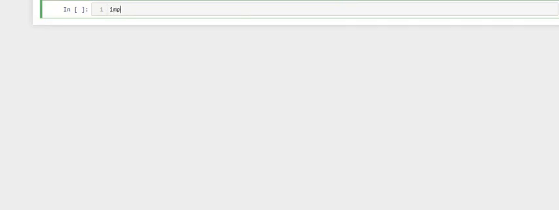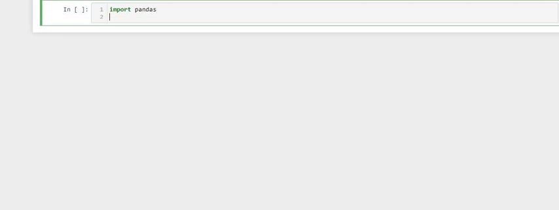For this I'm going to write the code as import pandas, and then df is equal to, because we already discussed data frame, pandas dot read underscore excel.